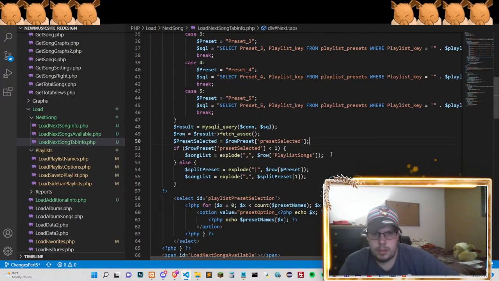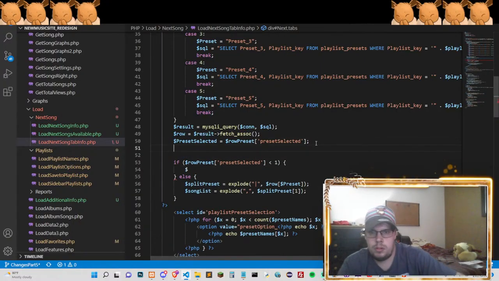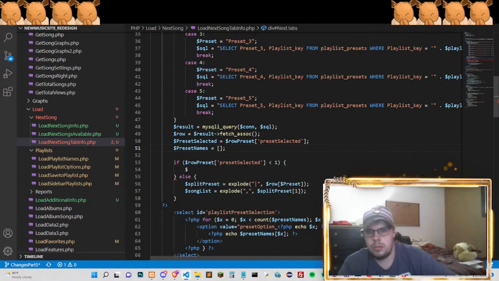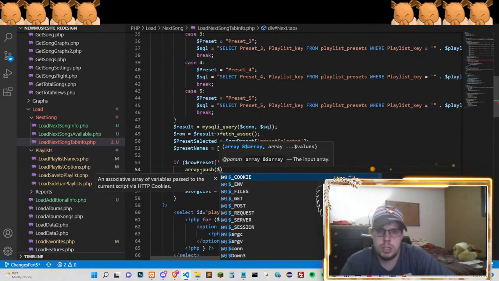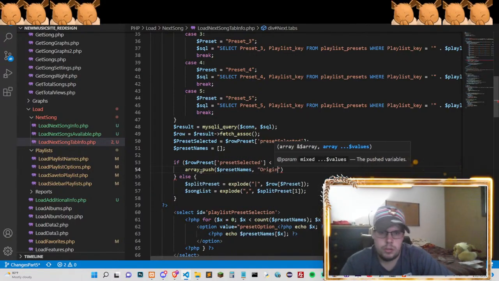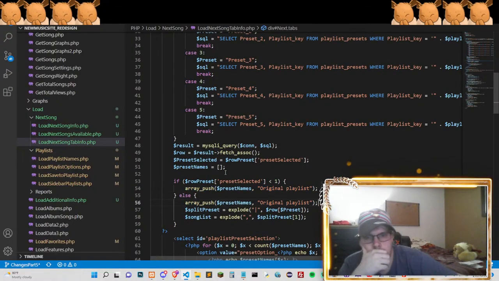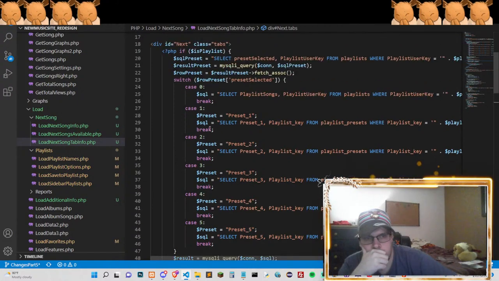So then, if it's less than 1, we're gonna say preset names array push preset names, and then original playlist, and then here isn't so much of a